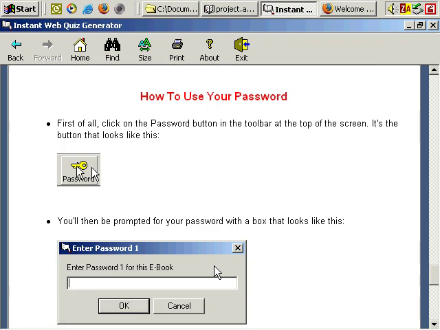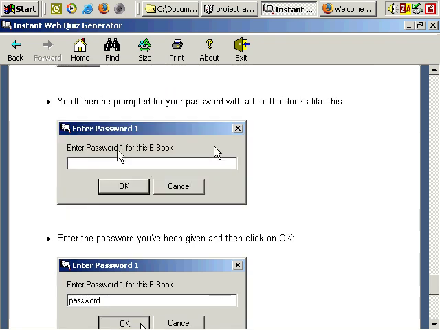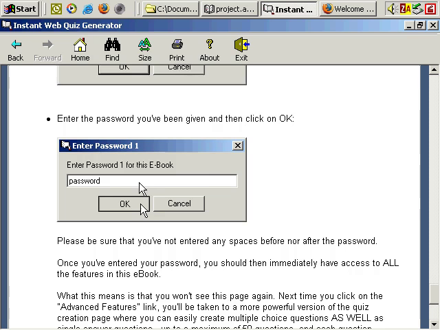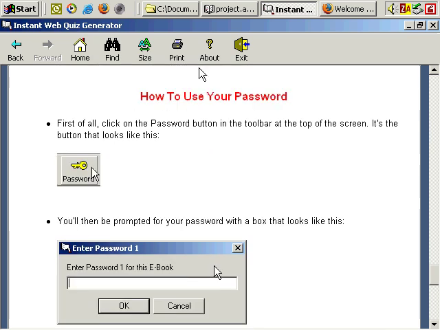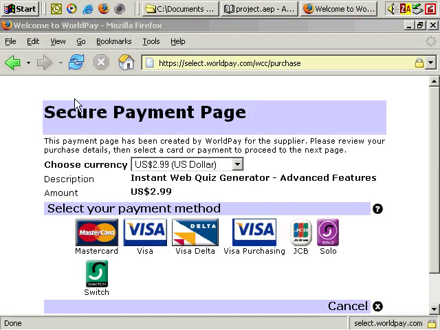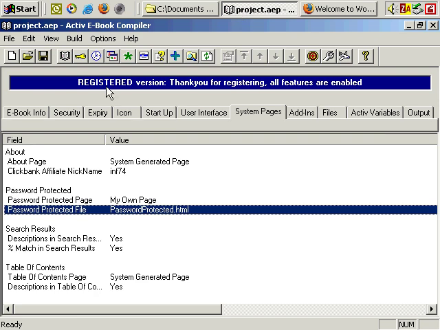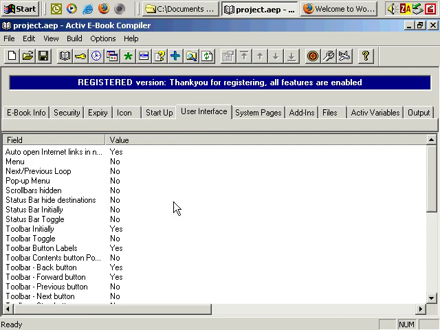How to use your password. Click on the password button, enter the password, and that's it. And actually, that's one mistake I've made. The password button is not here. So if I exit the ebook, go back to the project, the ebook project, and go back to the User Interface tab, double-click anywhere,